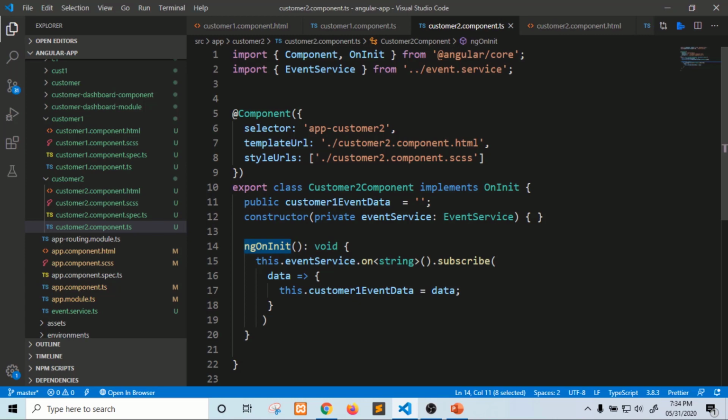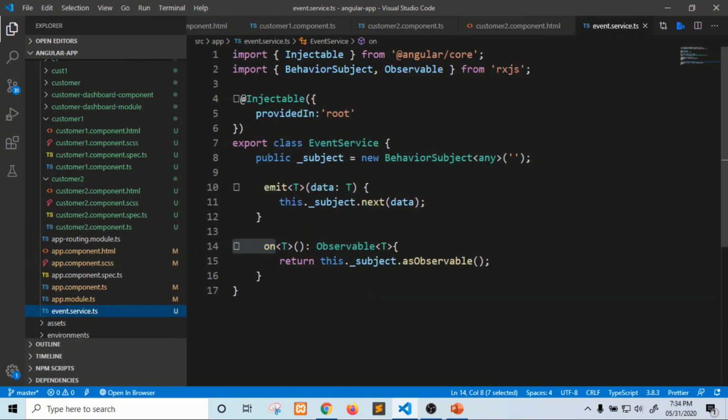So how will we create this kind of flow? Here we can pass data from one sibling component to another component. We can create one service, and create an instance of BehaviorSubject and define the type as any. It takes some initial value, so we need to set an initial value like a string or object, whichever we want to pass, and we need to create two methods, emit and on. T is the type, taken dynamically, so we can pass any kind of data: string, object, class.